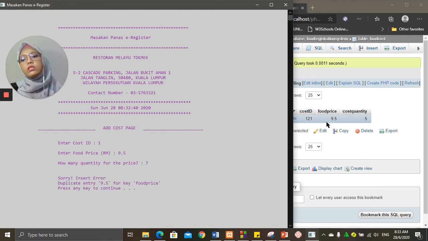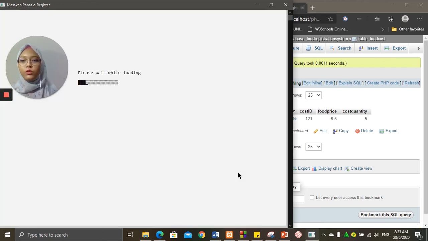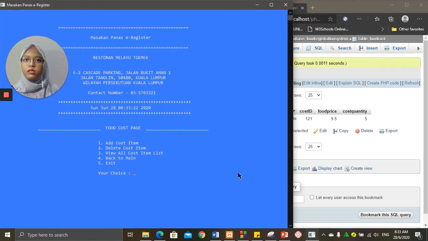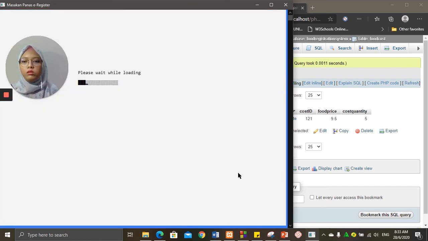So now the system says sorry, it's an error because of duplicate entry of 9.5. If the user wants to enter details about food price 9.5, the user has to delete the information first and insert the details back.